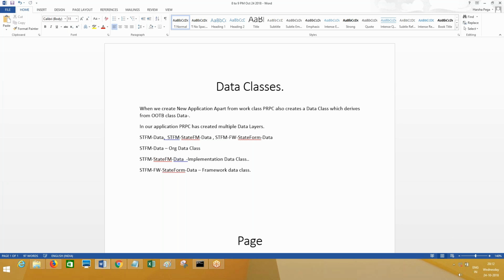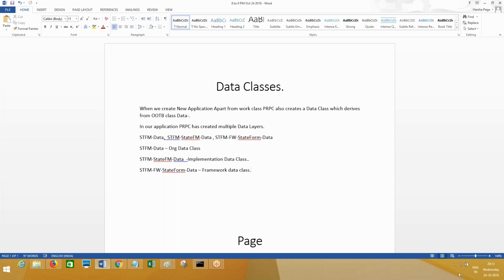This is clear, everyone? Why so many data classes? Suppose anyway these are not in inheritance. One data class is fair enough, right? Why so many? See, it's called data modeling, where you define what level of access purpose you are creating. If I am creating an organization data class, it means anywhere throughout the application I am going to reuse that. It is throughout application level.